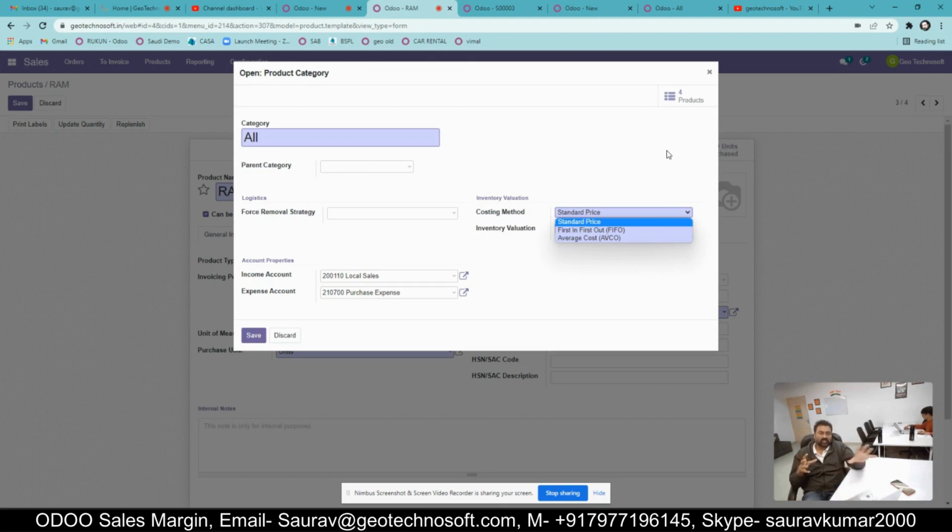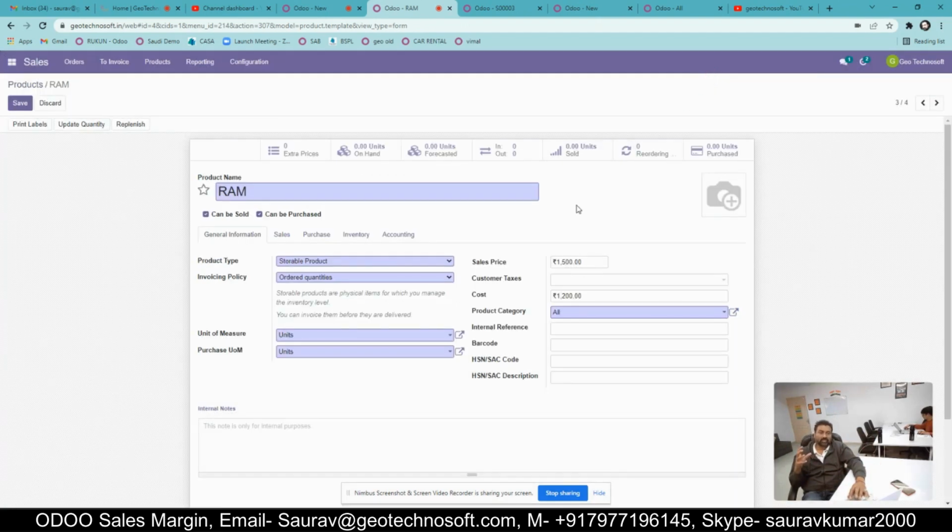So it is always average. In that case also you can see a different margin calculation. So maybe you are selling today, you have seen 400 rupees of margin, and tomorrow you purchase a few quantity of the product and you can see the margin is different now. So this is how the margin configuration is very important,